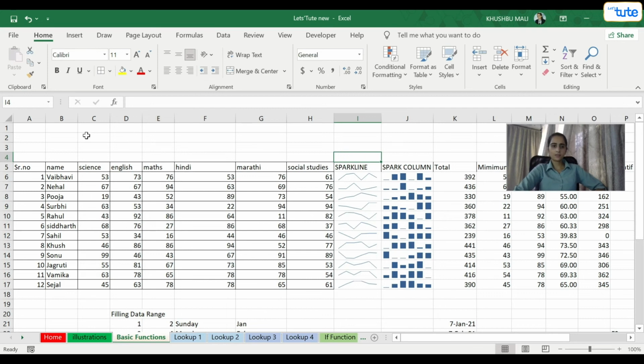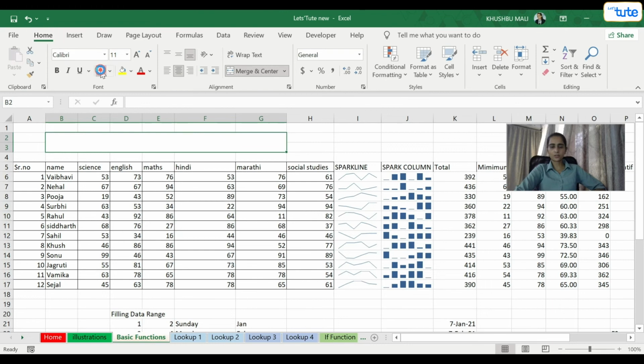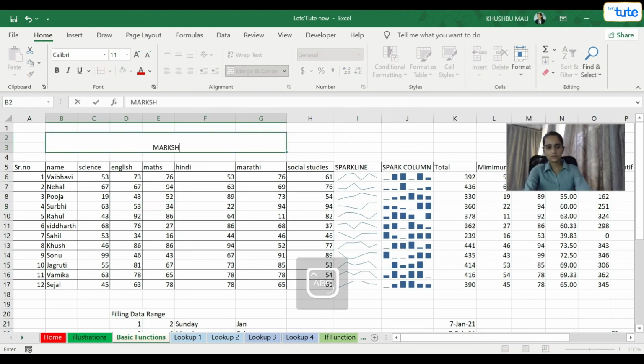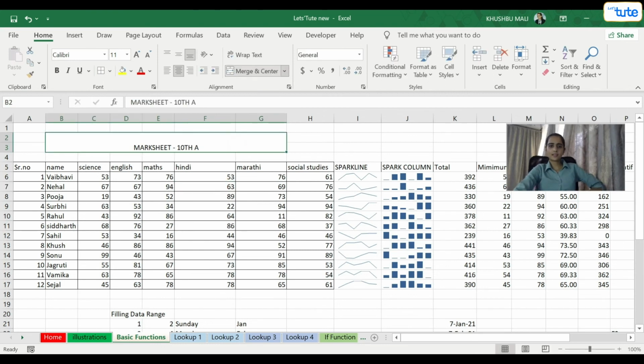Now I can randomly select this data and visit the Home tab and click on merge and center. Then I give some border and I'll type here, mark sheet of 10th A. I'll select again.